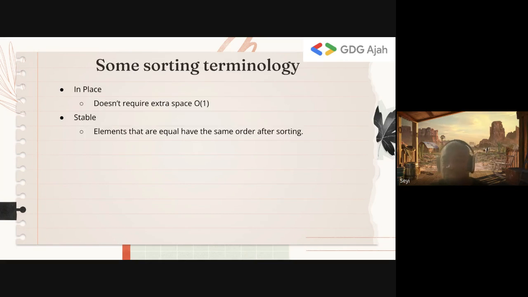There's some terminology you come across. There's in place, which is about whether you use extra space, and there's stable. Being stable means when you have equal elements, they keep the same order after sorting. For numbers, it's not the same thing, 4 is 4. But when you are comparing objects, it may not be the same object in memory, and that decision becomes important. So quick sort is stable, merge sort is not stable, which is why the stable sort in C++ is quick sort.